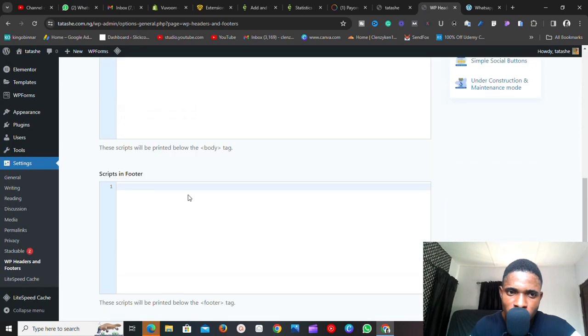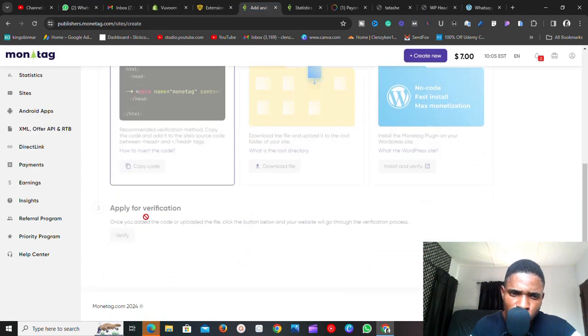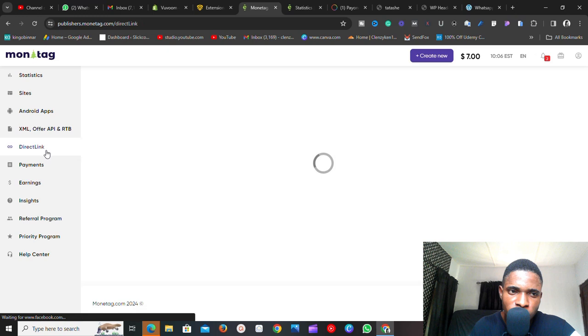So once you do that, after pasting, you just click on save changes. Once you have done that and saved changes, you just wait for it to verify the application. So it's actually going to verify ownership of the website. Now once your website is verified, then what you need to do is to click on this